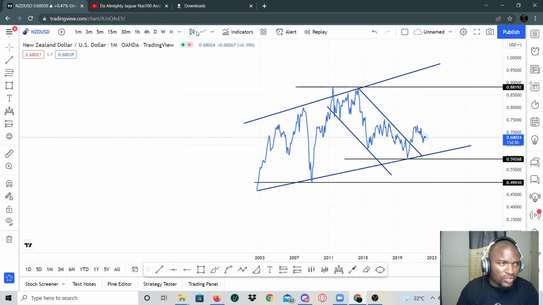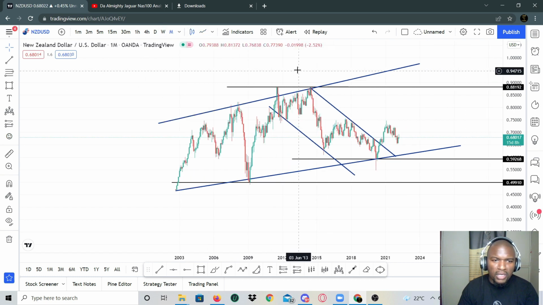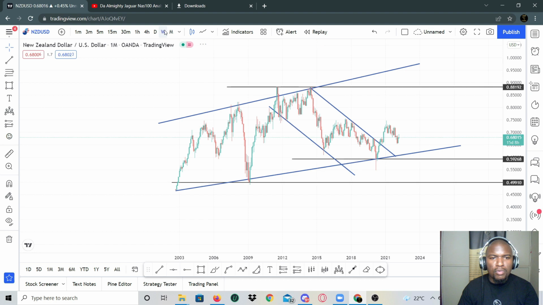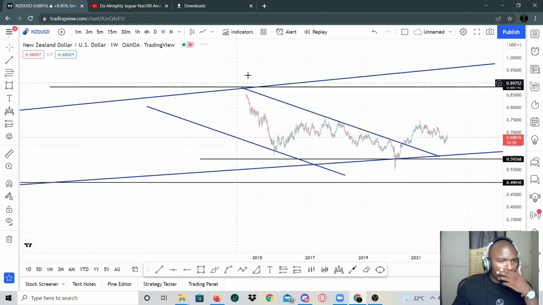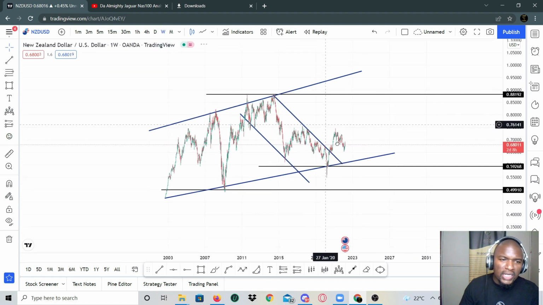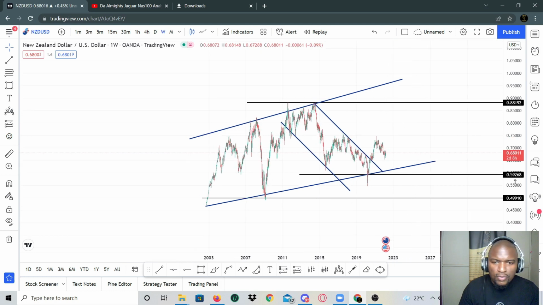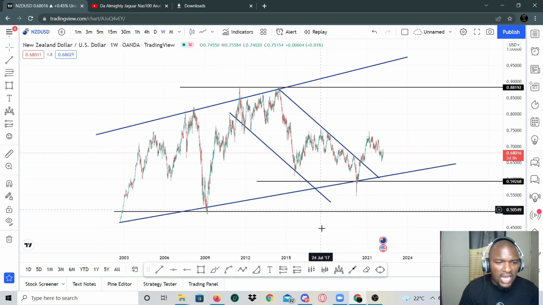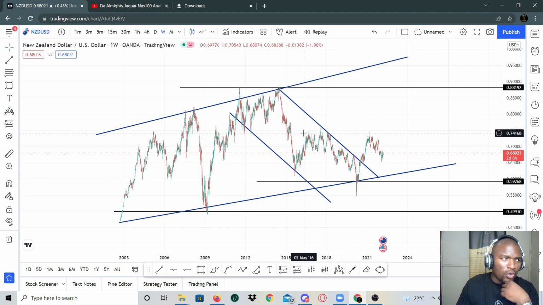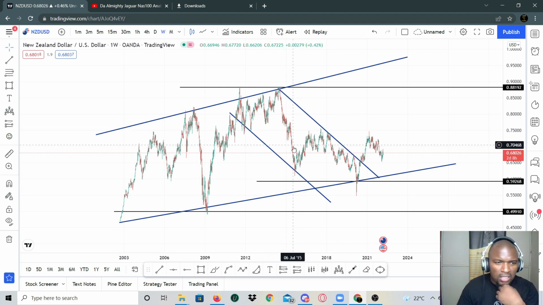So from these levels, you can quickly go back to your candlesticks and move also to the weekly chart. As you have identified and checked what price behavior you have on NZD/USD, you are able